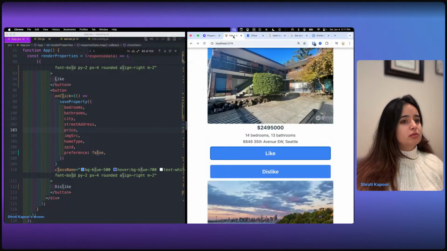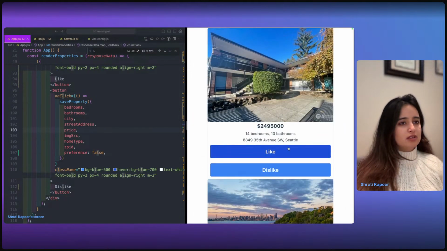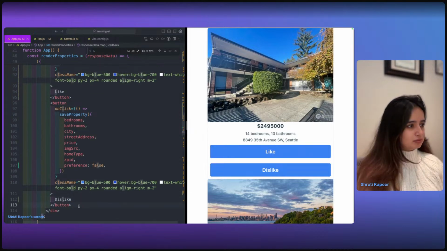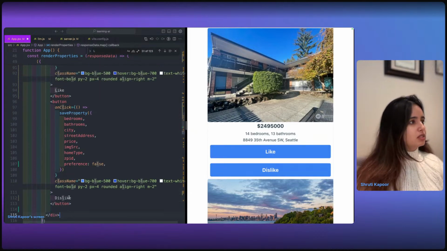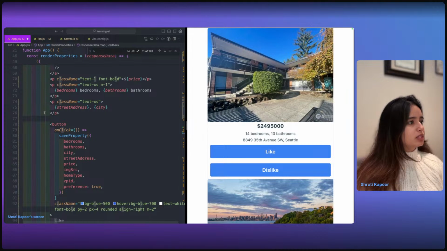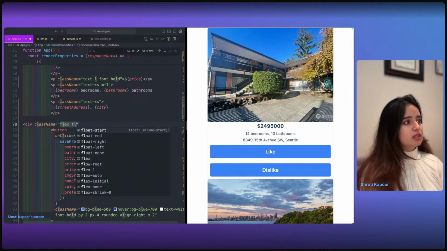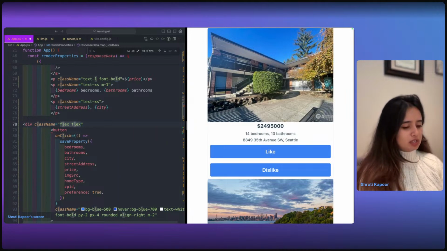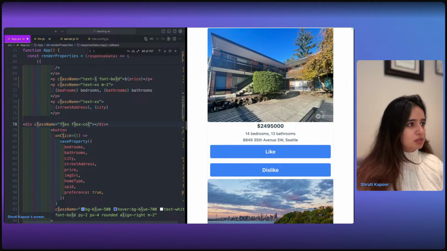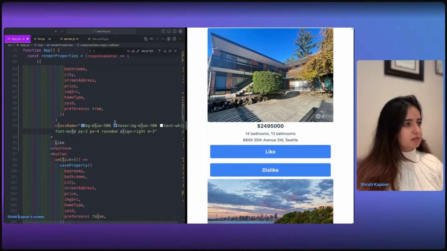Okay. Now if I go to my API, I don't like how this looks, so I'm gonna give it a flex. What is this div? Let's give it a flex. Div class name, and I'm using Tailwind here, so adding a flex is super easy because I know which class name it is.